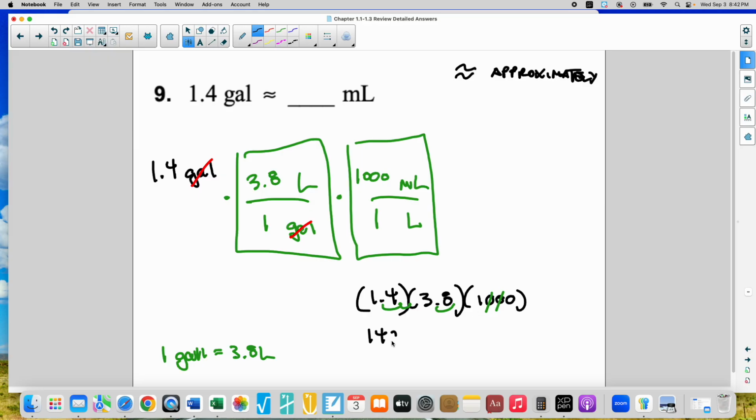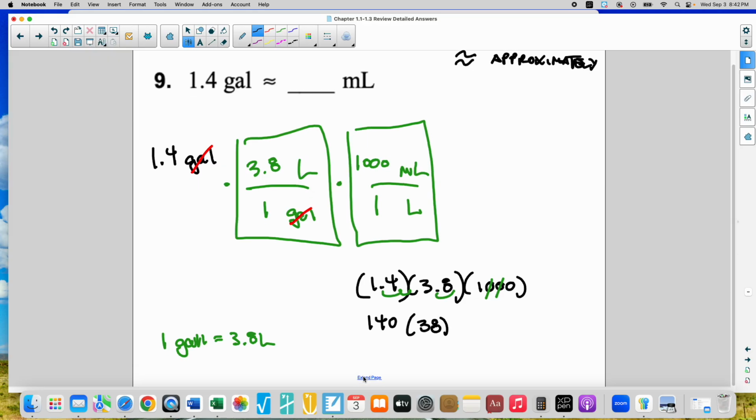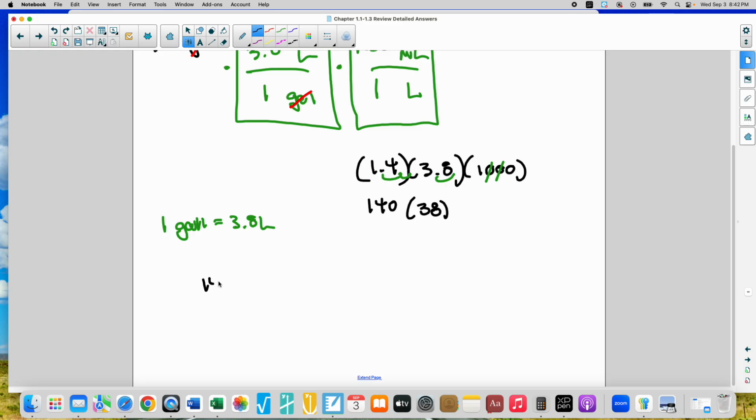So technically we have 140 times 38. And let's do that. 140 times 38. 8 times 0 is 0. 8 times 4 is 32. 8 times 1 is 8, plus 3 is 11. Move a decimal, move over a place. 3 times 0 is 0. 3 times 4 is 12. 3 times 1 is 3, plus 1 is 4. 0, 2, 3, 5. So that equals